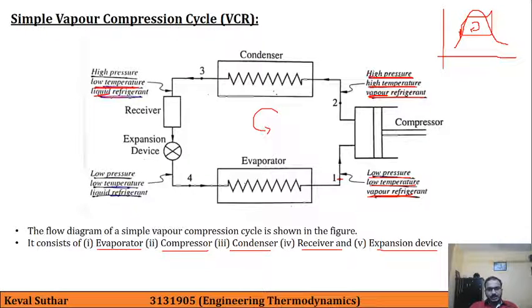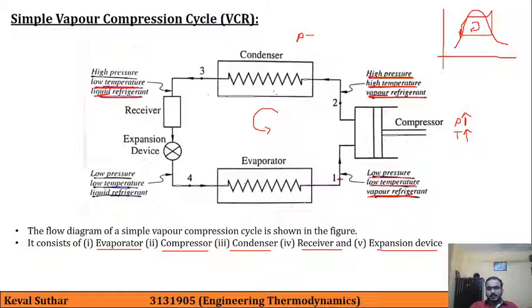So if we see one by one, in the compressor pressure is increased, and temperature is also increased. Then we have the condenser, in which pressure remains the same